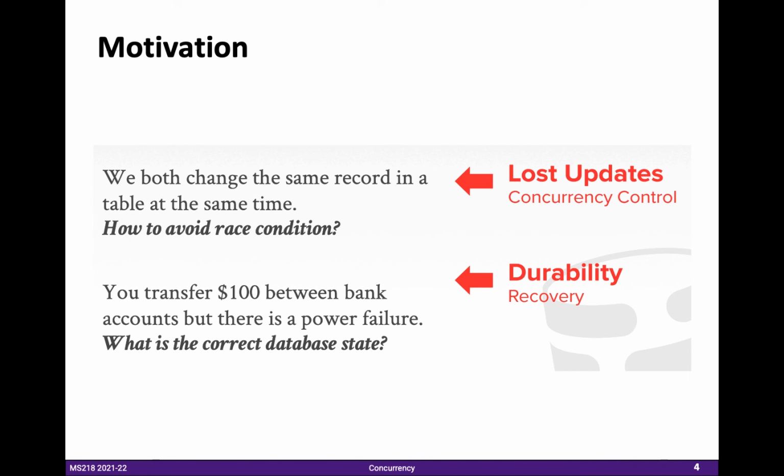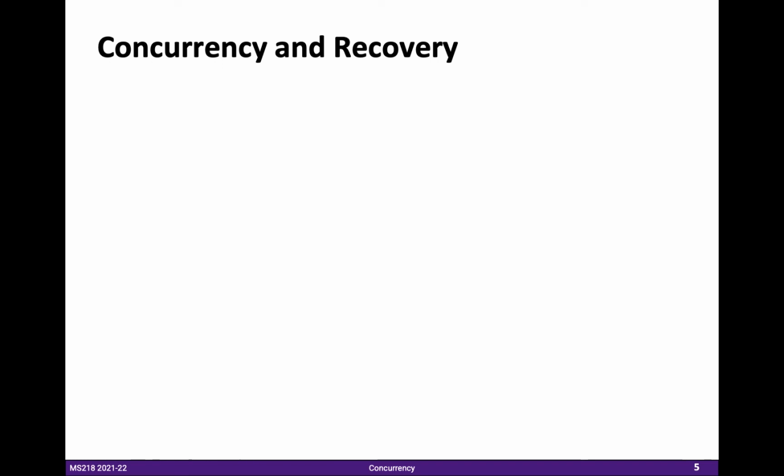And durability is that you can recover even if there are different database states, and obviously we can recover from a power failure. So concurrency and this recovery are valuable properties of a DBMS. It's very important in terms of transactions, and this concurrency and recovery is based on 4 very, very important database properties.